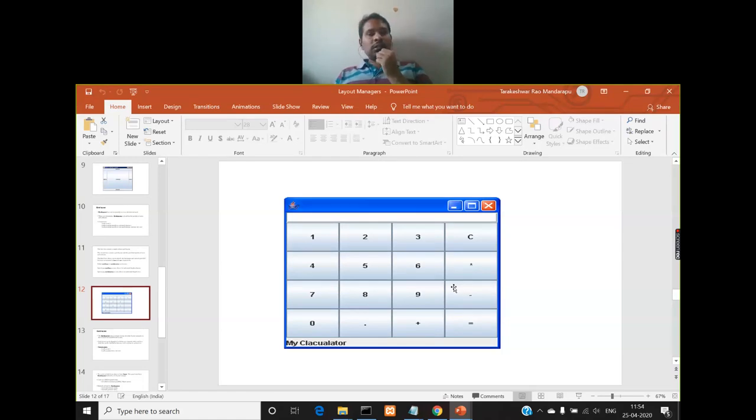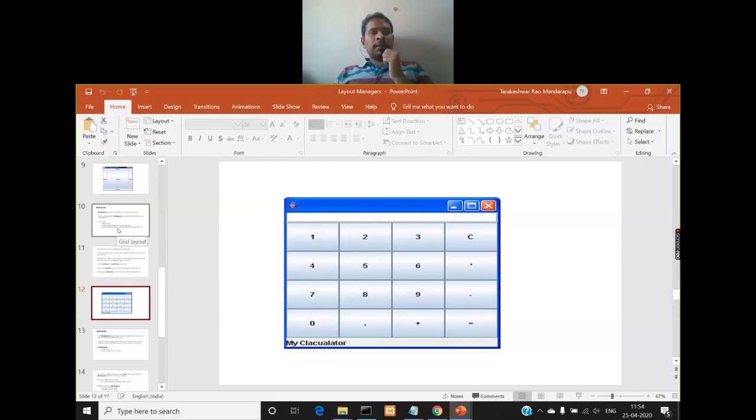Okay, so this is how a grid layout lays the AWT components in an applet window or a frame window. So let us see the predefined class called grid layout, which is provided to us, and the different constructors defined by that class and how to use them in a program, right?